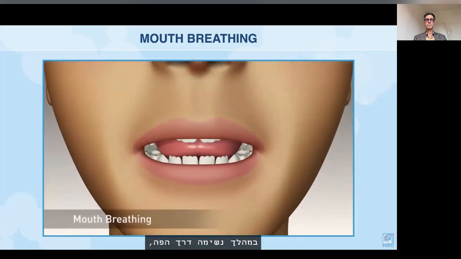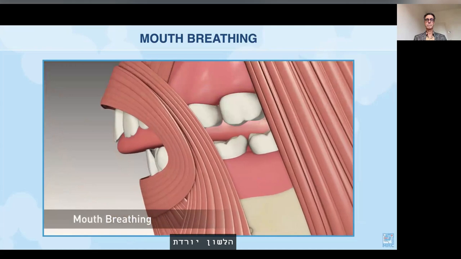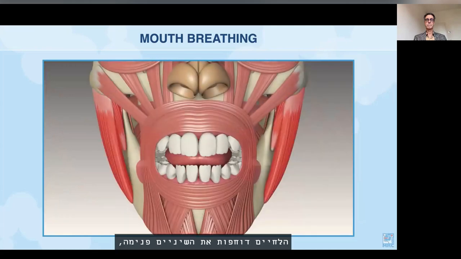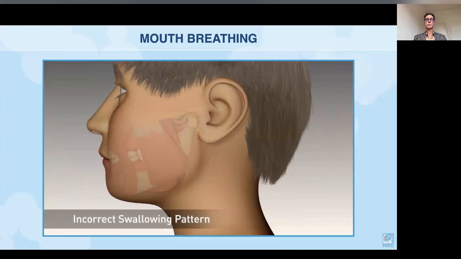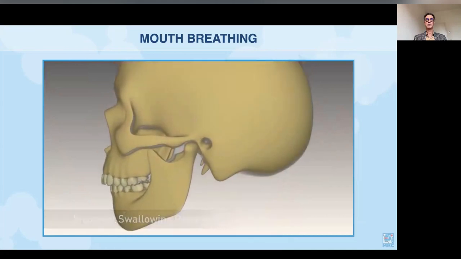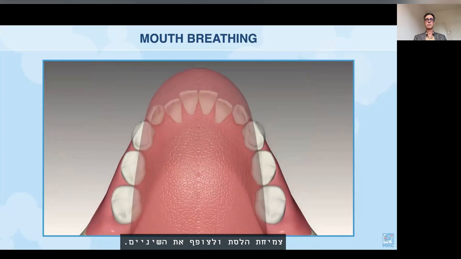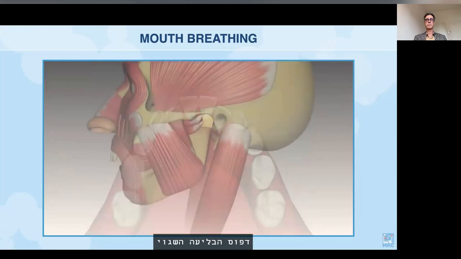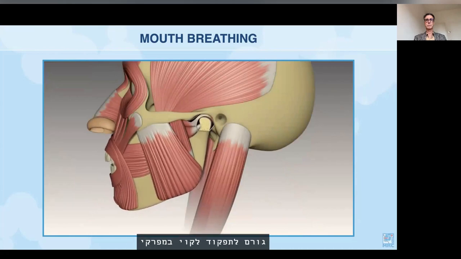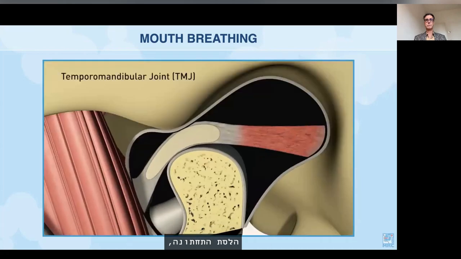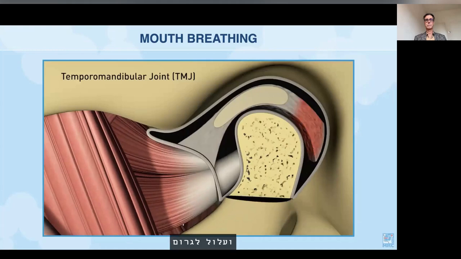During mouth breathing, the lips open, the tongue descends from the palate, the cheeks push the teeth in, and an incorrect swallowing pattern emerges, which all combine to restrict jaw growth and crowd the teeth. The incorrect swallowing pattern pushes the lower jaw backwards repeatedly, causing dysfunction in the temporomandibular joints, or TMJ, and potentially